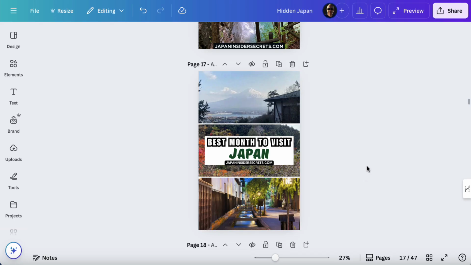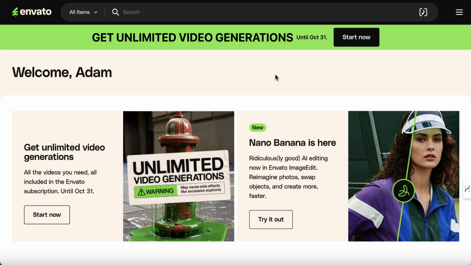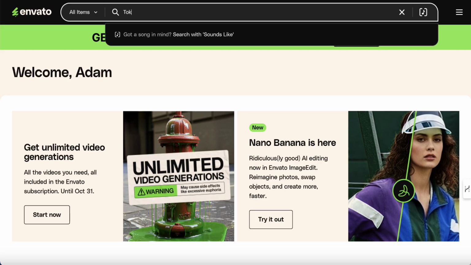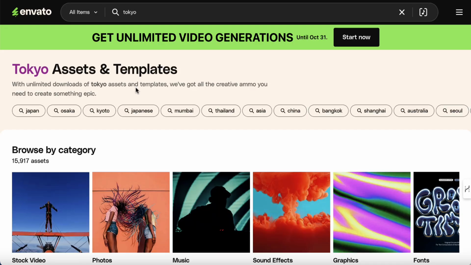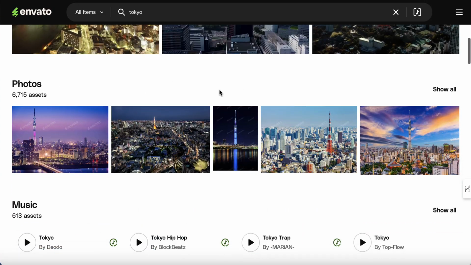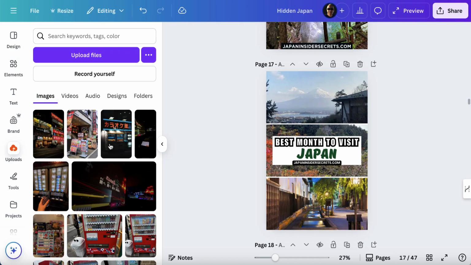Even if you are using stock photos, that's kind of impossible, but I like to use Envato. I do pay for this service, but what I can do is I can type in specific keywords here and potentially find images. So let's say I want an image of Tokyo. I can enter Tokyo, then come down here to where it says photos, and I've got these photos that I can potentially use. And if I like one, all I need to do is download it to my computer, and then I can drag and drop it into the uploads section of Canva,